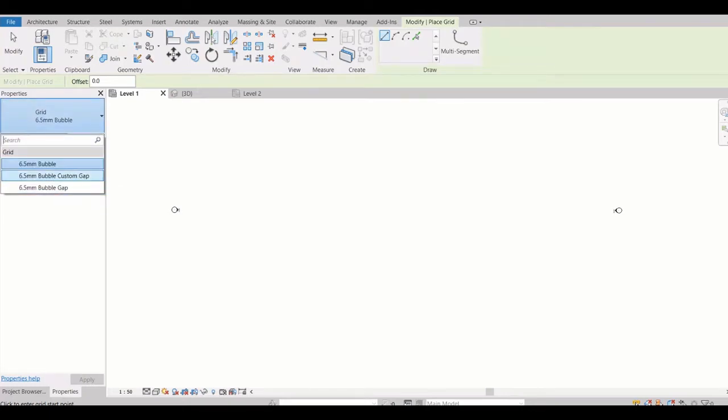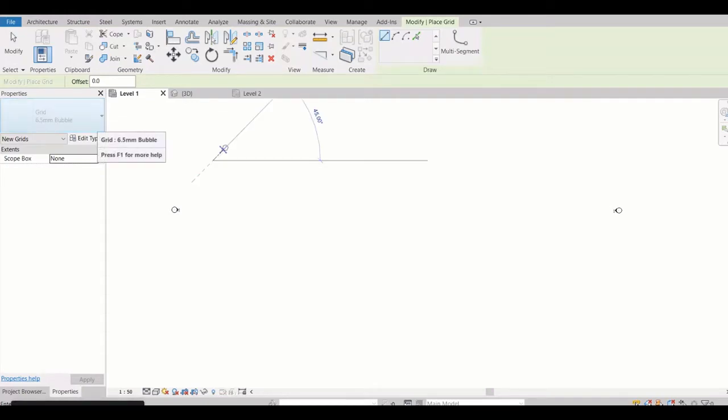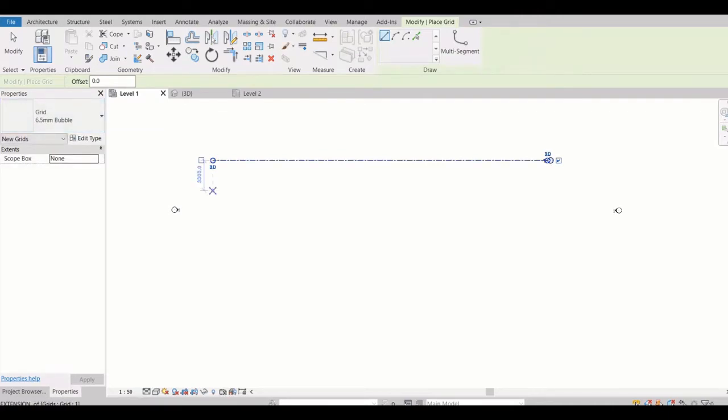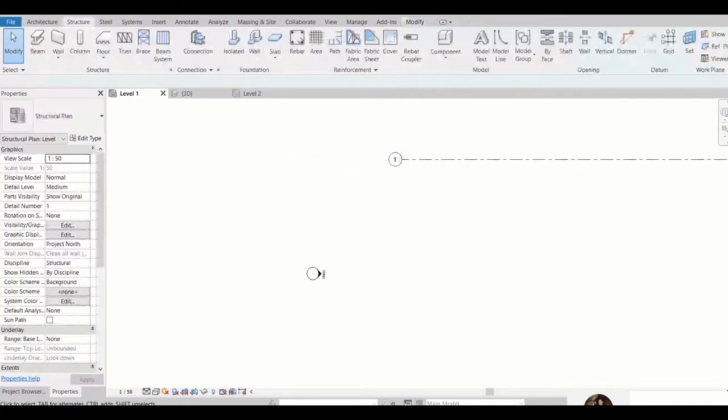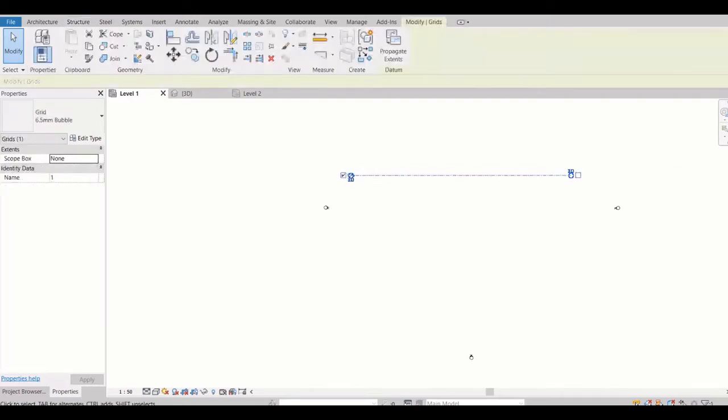You can select whatever type of grid family you need, just draw it. Right, so this is my grid, and you can see the bubble here. If you don't want this bubble over here, select it and uncheck it. If you want it over here, just click over here.